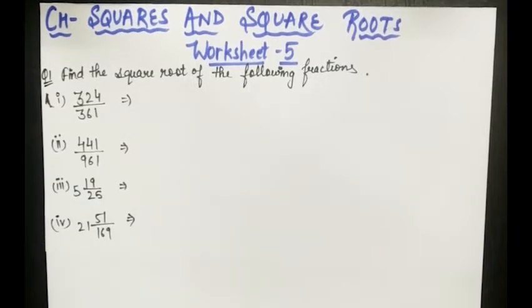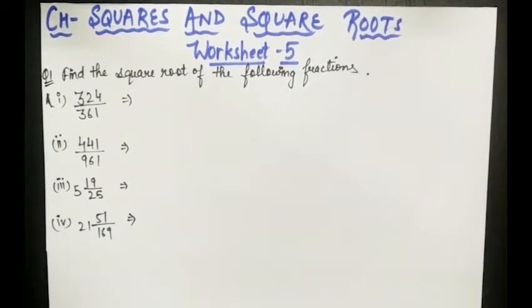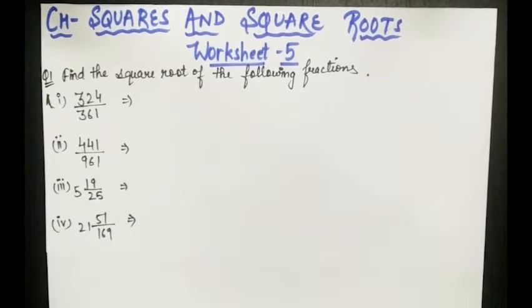If you know the squares of 1 to 20 numbers, then you know that 324 is the square of 18 and 361 is the square of 19. Here I am not going to tell you again and again how to find square roots. In the first video and in many videos I have told you different methods to find square roots, so you can check them out from there only. And here I am proceeding as I have told you earlier also.